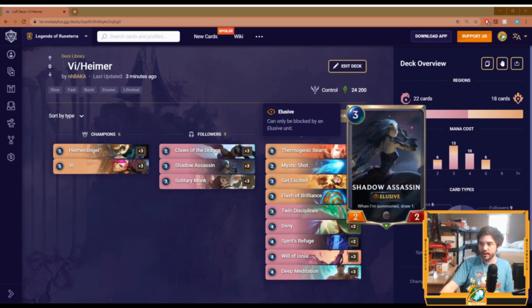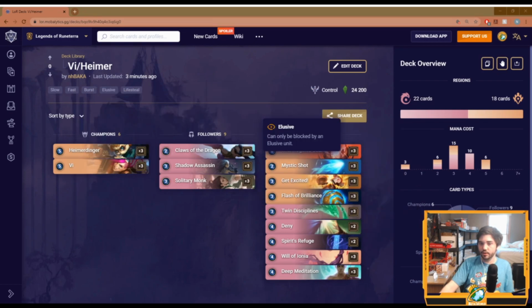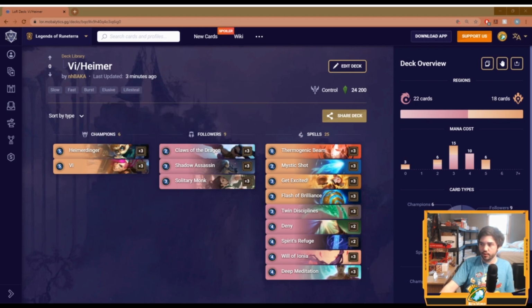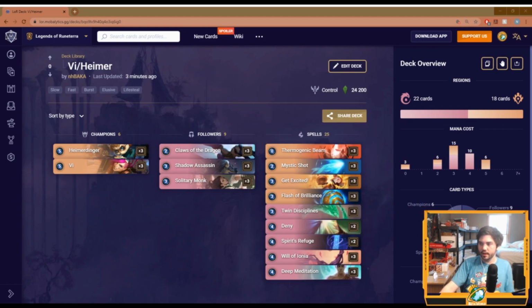And I wouldn't keep Shadow Assassin, even if I do have Heimerdinger, if I don't have any of these 3 cards, the most important ones: Monk, Claws, Thermo. But our curve can look like a Monk on 3 is our desirable play on turn 3. Turn 4, you often pass, and never feel bad about passing in this deck, because banking 3 mana for turn